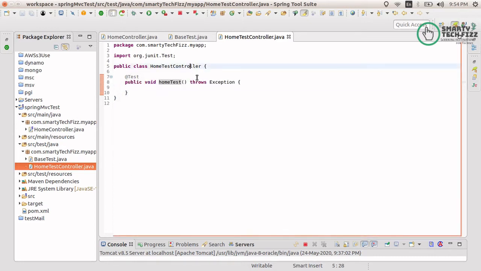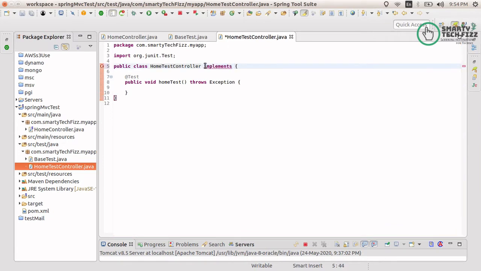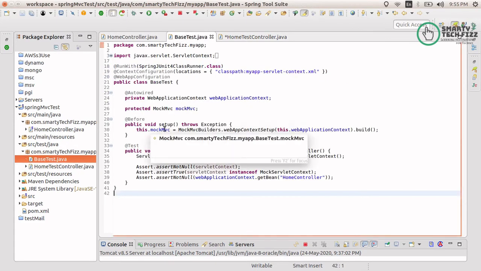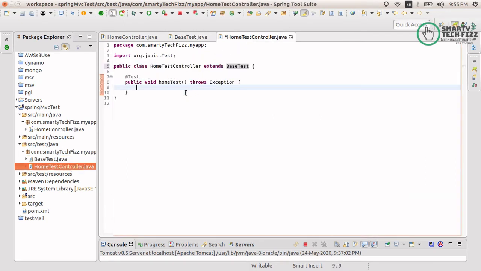After creating the function, we need to extend the base class which we have already done in the first part. This is the base test, and after that we have a mock MVC object which we already initialized. We need to use this mock MVC object.